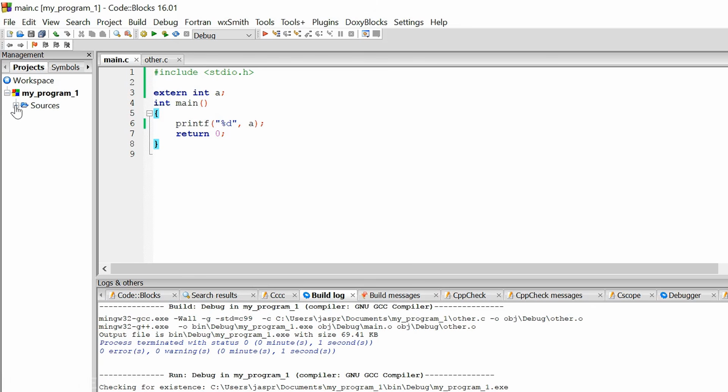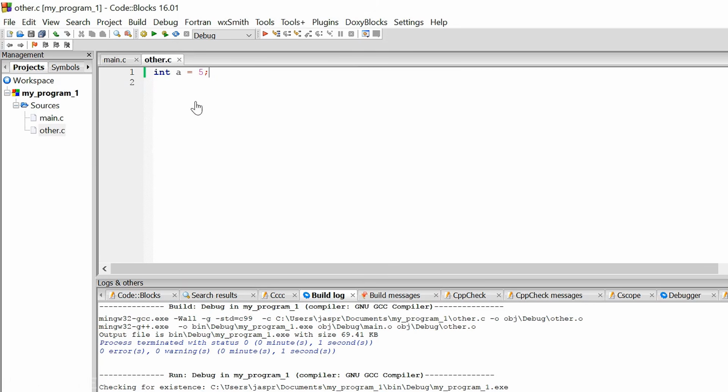Here if you click this plus button, this will open up the Sources folder, and you can see there are two files that I had created inside this project. One is main.c and the other one is other.c. Now here inside this main.c, you can see I have written this code where I have declared an integer variable, and that too with the modifier extern. Then I write a main function. Inside that main function, I simply want to print this value. The purpose of writing this code is to access this variable called a that is available within this file other.c.